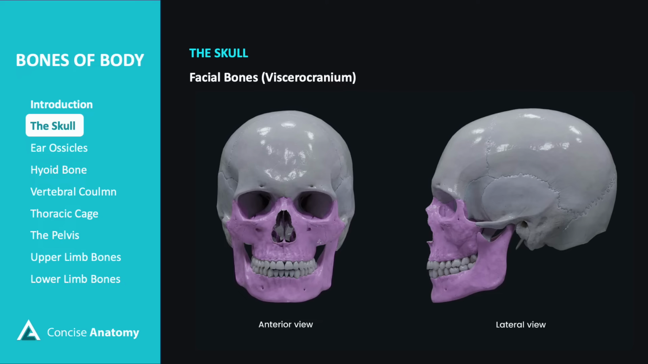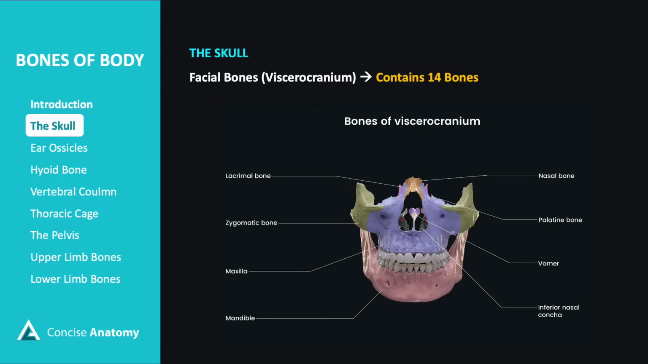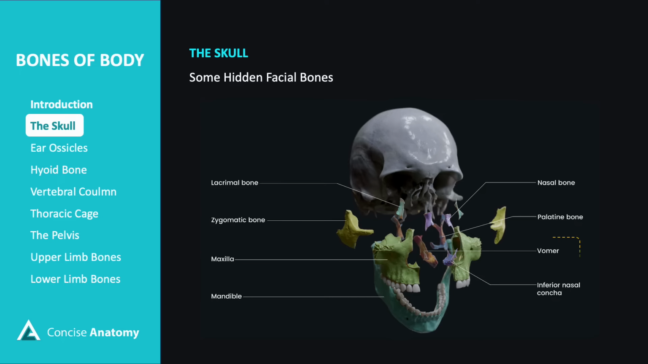Let's now move on to the facial bones, also known as the viscerocranium. The facial bones, or viscerocranium, consist of 14 bones, namely the nasal bones, maxillae, zygomatic bones, palatine bones, lacrimal bones, inferior nasal conchae, vomer, and mandible. Some facial bones, like the vomer and palatine bones, are deeply hidden, and this disarticulated diagram will help you understand